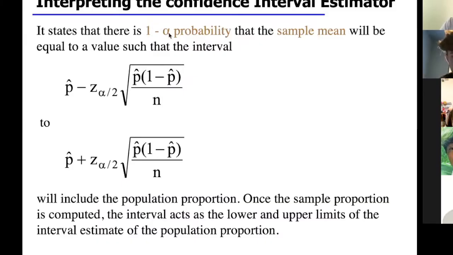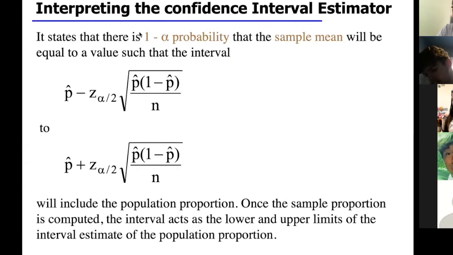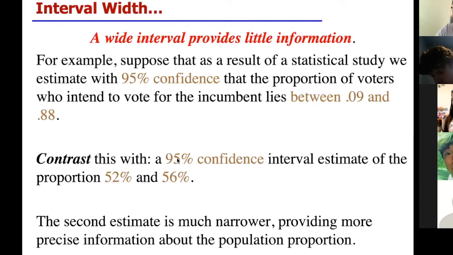We have 1 minus alpha, which is my confidence level, right? That's the probability that the population mean is within the range of the interval that we are building. Alpha was the significance level, which means 1 minus alpha is the confidence level, so the probability that we are correct. And alpha is the probability that we are wrong. So when we have proportions, this is the interval that we will be building. This is how the interval looks: p hat minus z of alpha half, etc., all the way to p hat plus z of alpha half, etc. So for example, if you're building a 95% confidence interval,